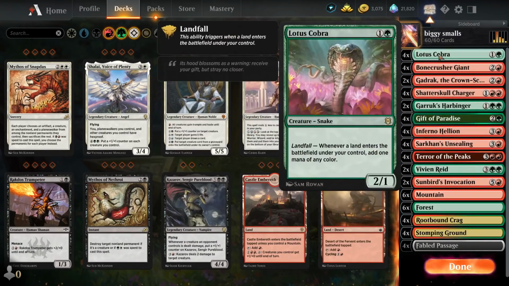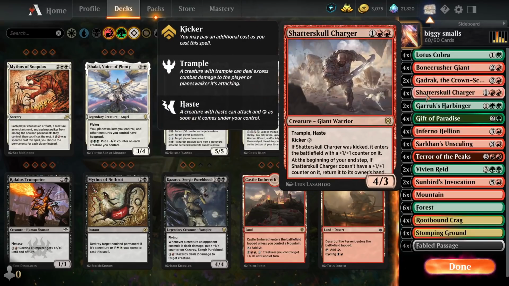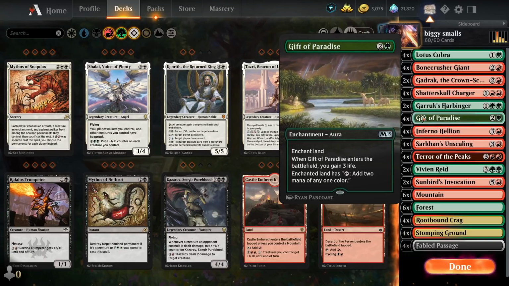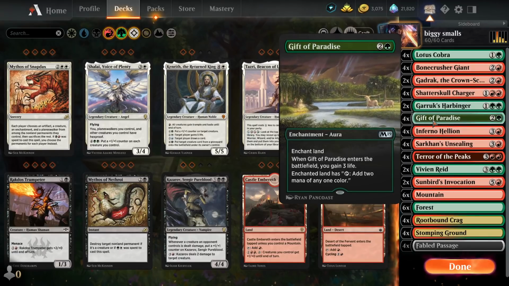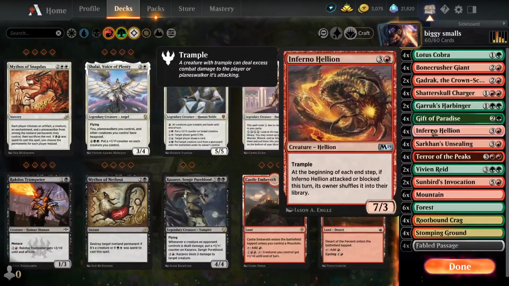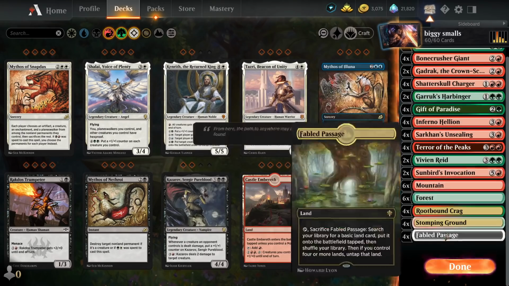So we have 4 Lotus Cobras for ramp, 4 Bonecrusher Giants for a little bit of control, 2 Gadraks because, well, essentially ramp, 4 Shatterskull Chargers, 2 Garruk's Harbingers, 4 Gifts of Paradiso. The most arguable card in the deck, honestly. Sometimes it's really amazing, sometimes it's not that amazing. But it combos with Sunbird's Invocation. 4 Hellions, 4 Sarkhan's Unsealing, 4 Terrors of the Peaks, 2 Vivien Reids, 2 Sunbird's Invocation, and a bunch of